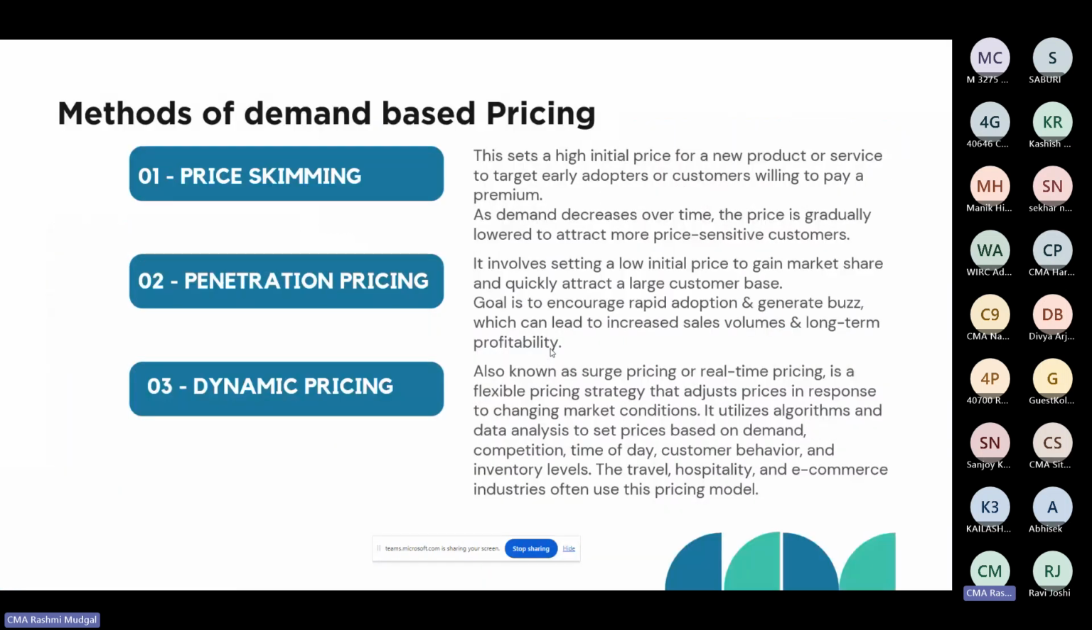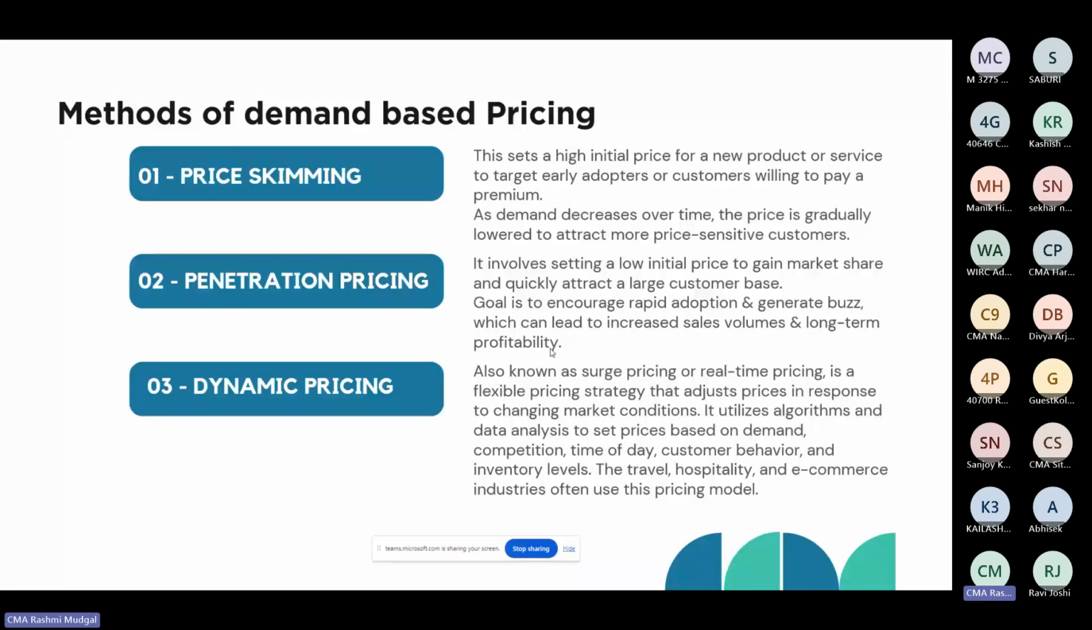Methods of demand pricing. We do have demand pricing methods. There are 6 methods, and we are going to discuss them one by one. First is price skimming. What is price skimming? Firstly, if I am introducing a new good and I know there is nothing in the market like my product,